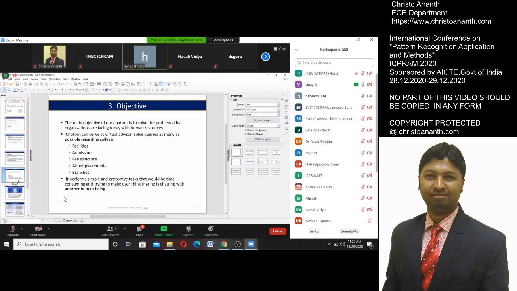Now, in the light of campus closure due to COVID-19, chatbot advising gives both students and advisors the opportunity for a face-to-face conversation. And next, it solves queries regarding college, like facilities. Facilities in the sense of what facilities that particular college has, like canteen facility, bus facility, hostel facility; it will display them.